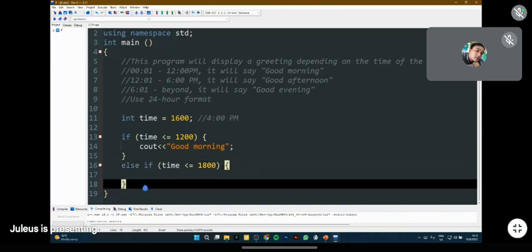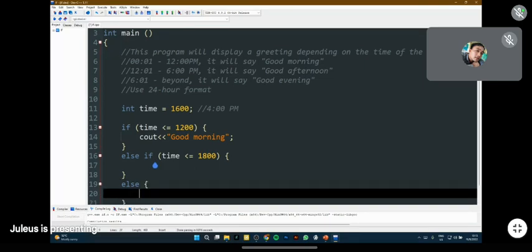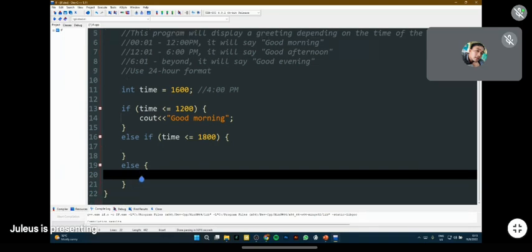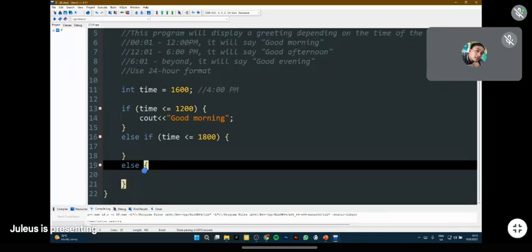Alright? So for the last one, since it's going to be the last, we can just use else. Since that's the last time and there's no other time after it, we can use else, because whatever number we enter is the latest. Okay, but there might be a chance that a person enters 5600, which is no longer a time of the day. So it's okay. We'll add another else to make sure.